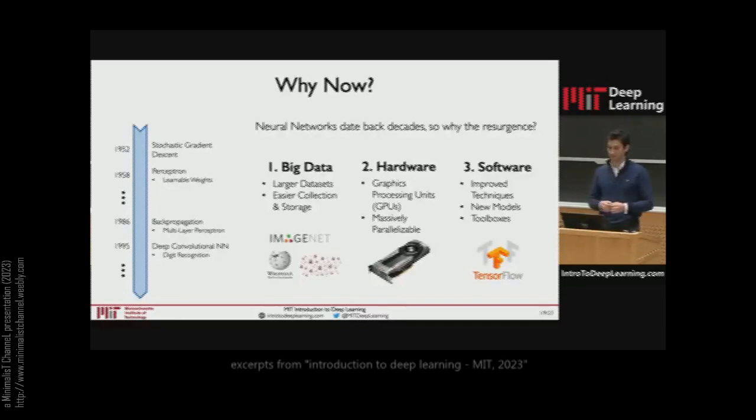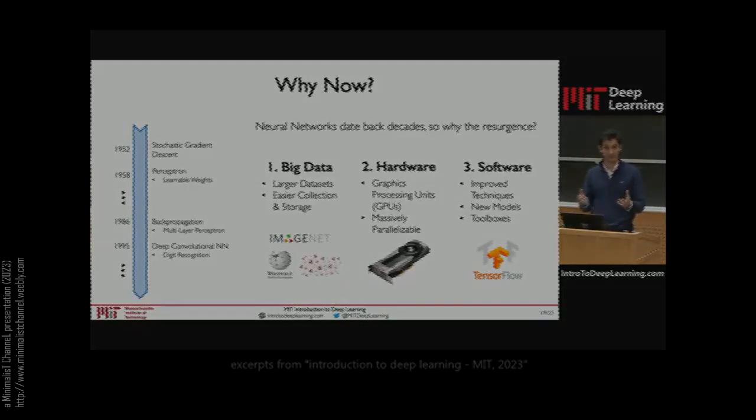Secondly, these algorithms are massively parallelizable. They require a lot of compute, and we're at a unique time in history where we can train these extremely large-scale algorithms and techniques that have existed for a very long time, thanks to the hardware advances that have been made. And finally, due to open source toolboxes and software platforms like TensorFlow, for example, which all of you will get a lot of experience with in this class, training and building the code for these neural networks has never been easier. So from the software point of view as well, there have been incredible advances in open sourcing the underlying fundamentals of what you're going to learn.